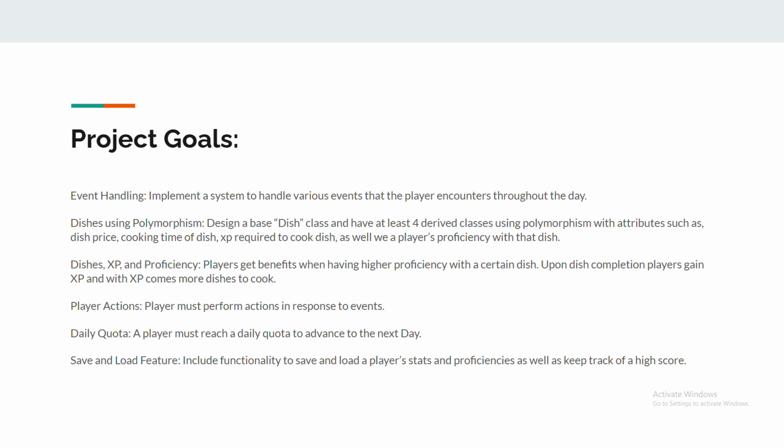We were then to implement a system where players would get benefits to their income upon completing a certain dish if their proficiency had increased when they cooked that dish. Whenever a player completes a dish, they get EXP, and their proficiency in that dish will increase by 1. The more XP a player has, the more dishes they'll be able to cook, and the higher the proficiency, the